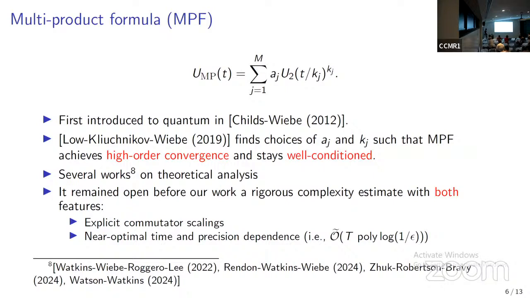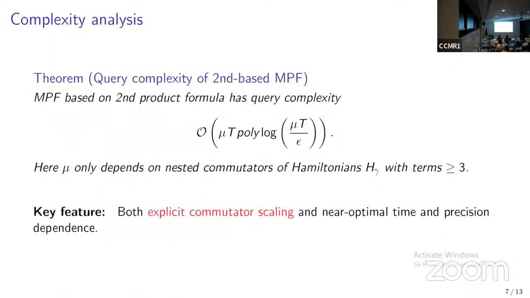And the main result of our work is to fix this gap. That is, we now have a rigorous guarantee on the complexity estimate, and we have explicit scaling on those commutators. And here comes our main result. We proved that for the multi-product formula based on the second order product formula that I just showed you in the previous slides,